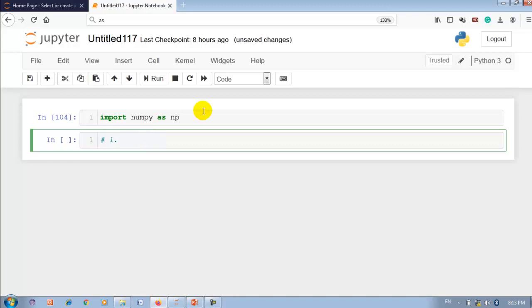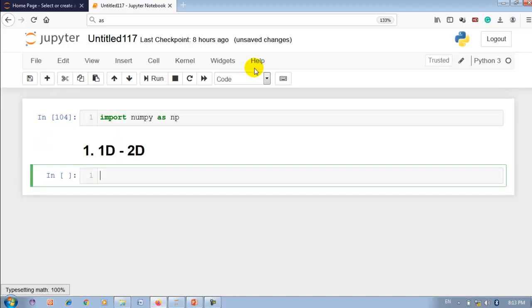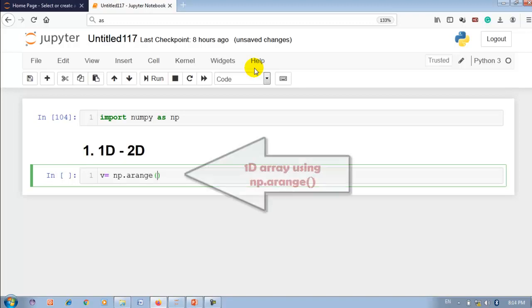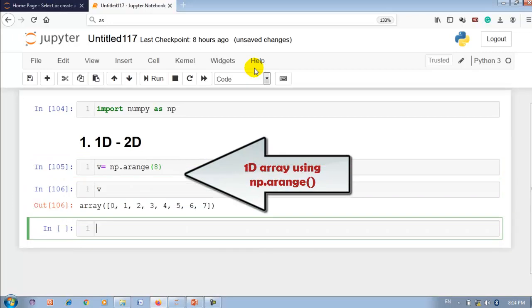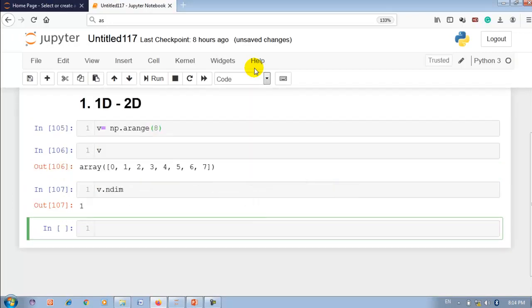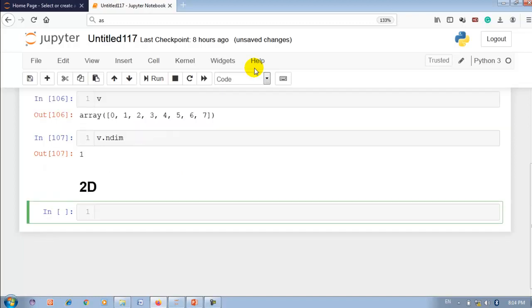So first, let me convert a 1D array to 2D using the NumPy arange function. Let me take 8 elements. Here you can see. Now let me check the dimension. It's a 1D array. Now let me convert it into a 2D array.